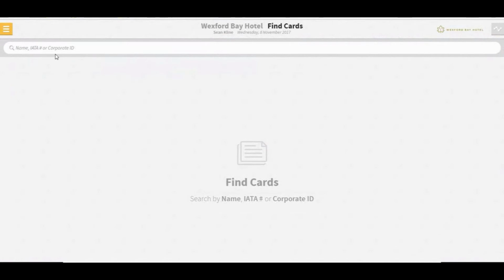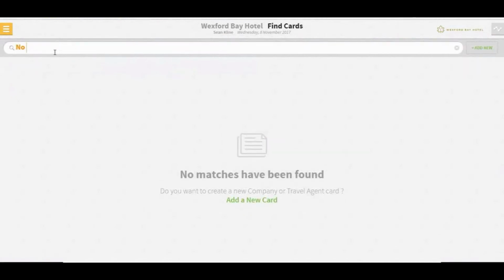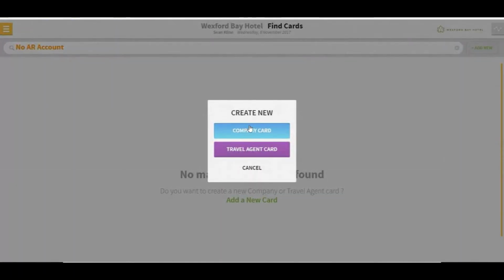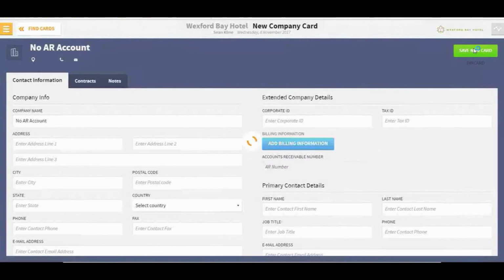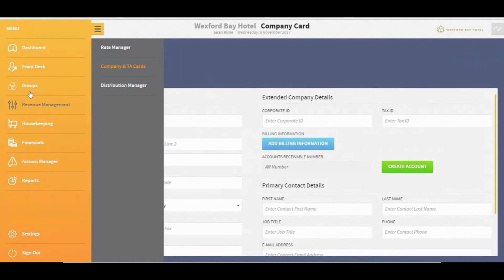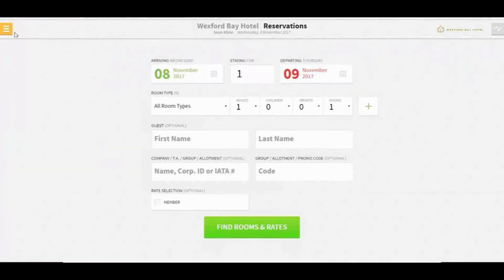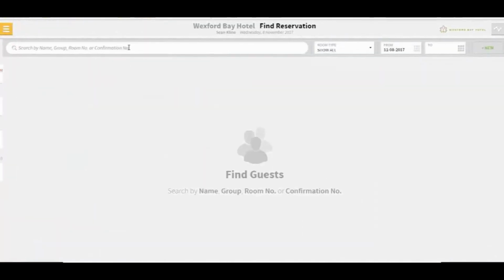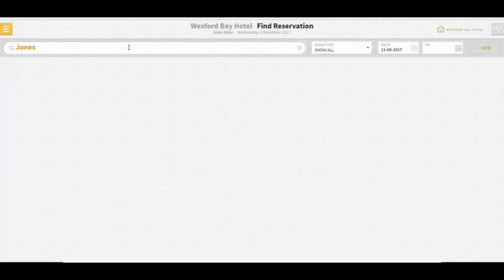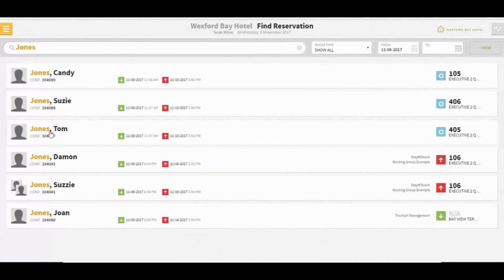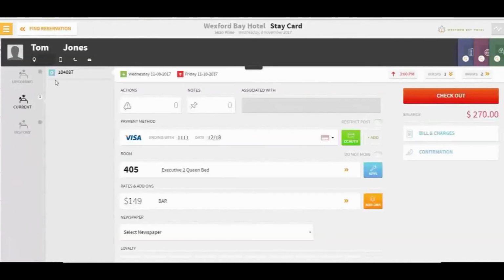If I come in and create a brand new company quickly, just to use as an example, if I create this new company card that has no AR account and I save it, I can do a couple different things. I'm not going to create an AR account right this moment. I can come into that same idea and look at, I didn't want to create a reservation. If I look for Tom Jones's account, if Tom Jones is actually with my company of no AR account,